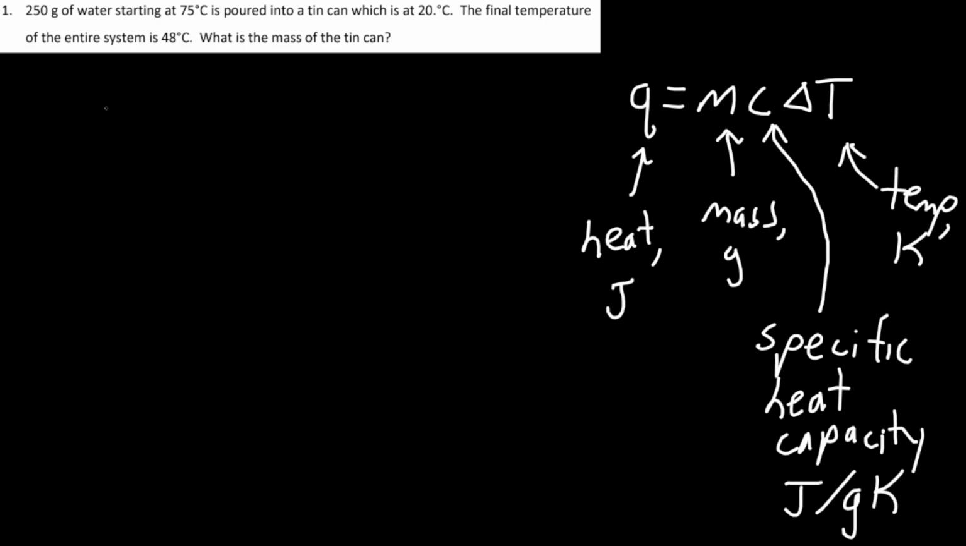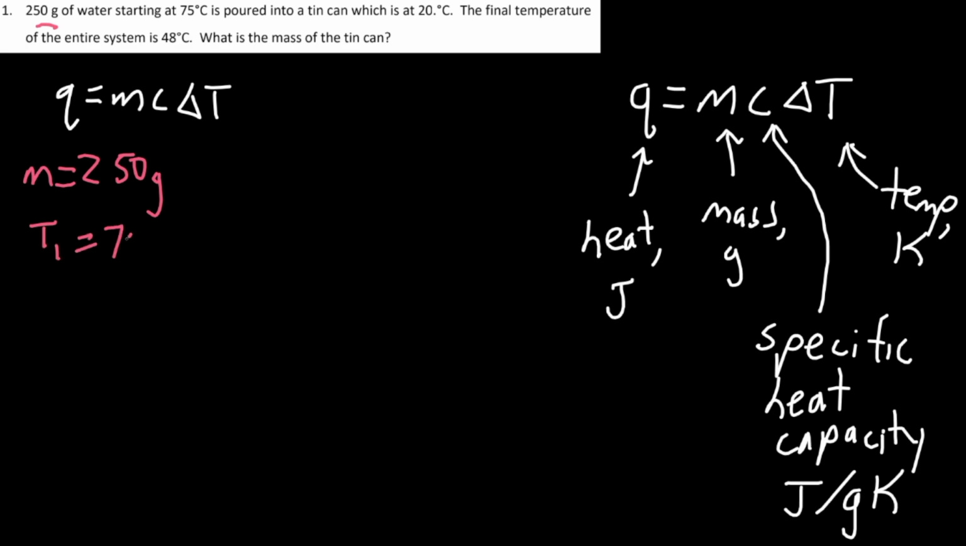Now to solve this question, let's see what we have. So it gives us the mass of water. So let's write down the formula first. Q equals mc delta T. It gives us the mass of water, and it gives us an initial temperature and a final temperature. So the mass of water, it is 250 grams. So mass equals 250 grams. It's starting at, so this is temperature initial, or T1,